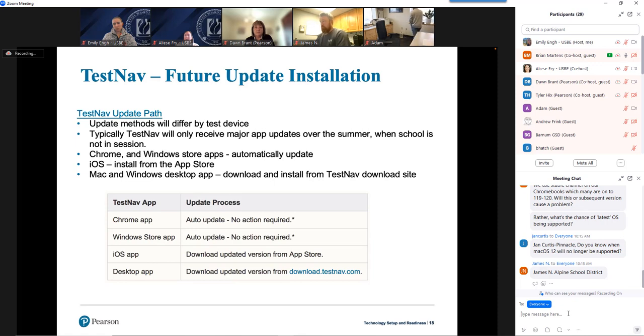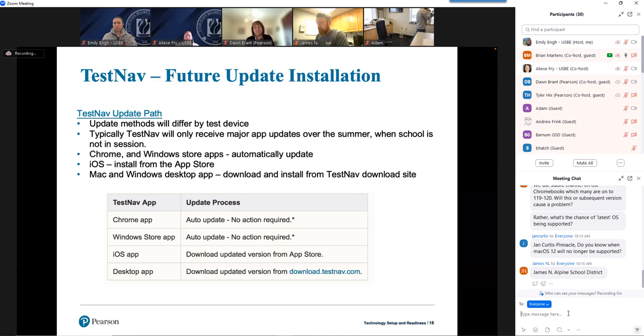And barring anything either performance or security related, we do not have any mid-year updates. So you can see that the iOS one that I just talked about is a rarity. I can't remember the last time that happened, years and years ago. It's a very rare event, and I'm not worried about it happening normally.